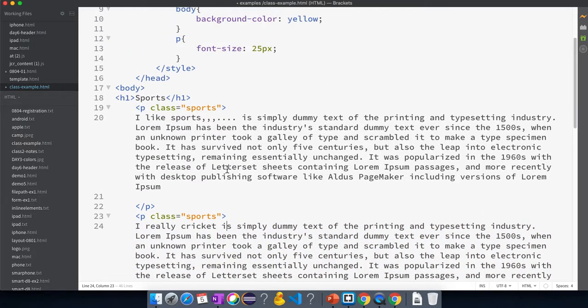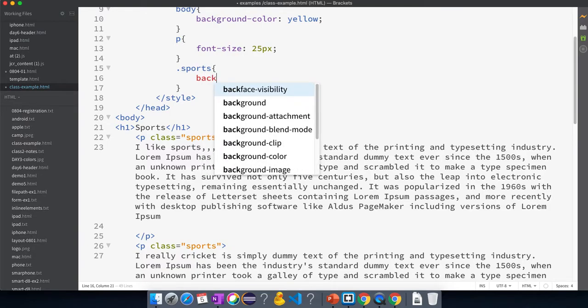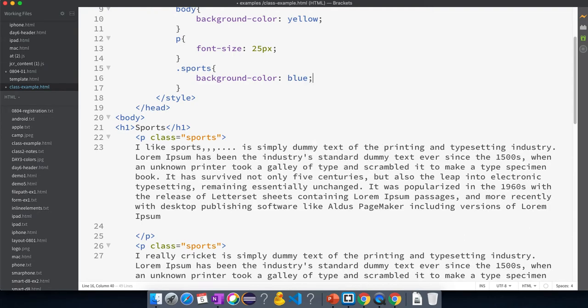Now to apply the styles for the class, I say dot. We are applying styles for the class, so you should say dot sports. I am giving some background color, I am giving blue.